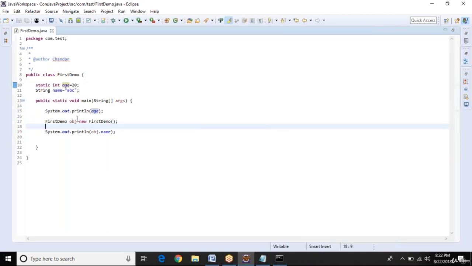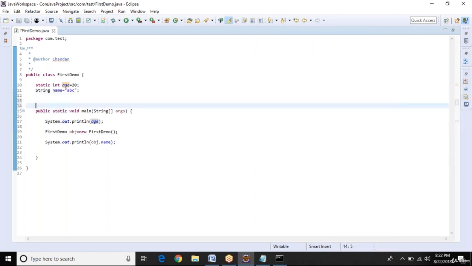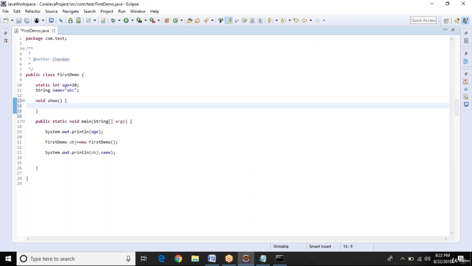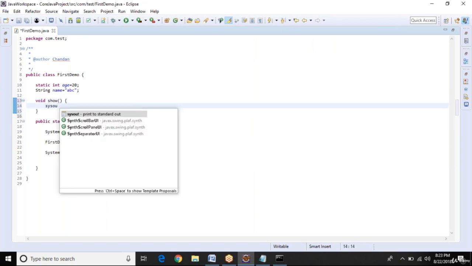Now the next thing is, let's say we have another method. We have a method called public, or let me remove public, we'll discuss this later. So we have the method show, and in that method I'm printing the value of the above two variables.